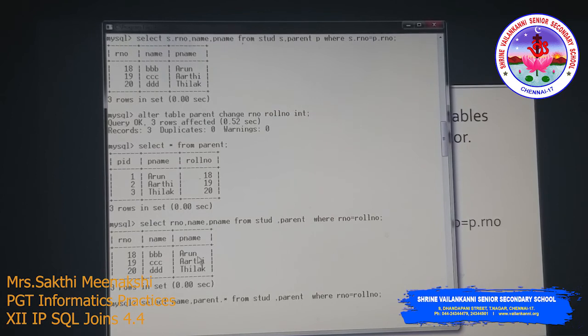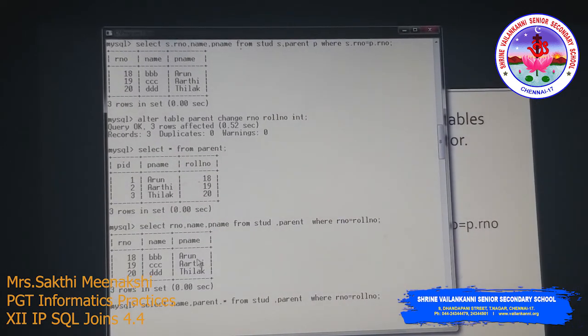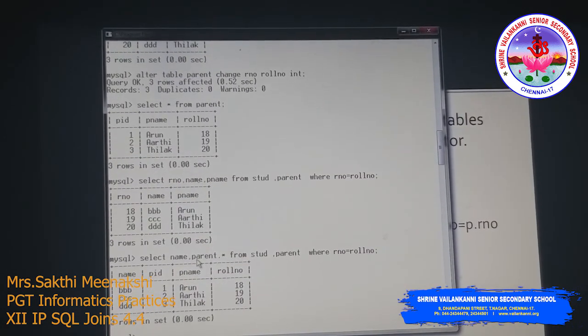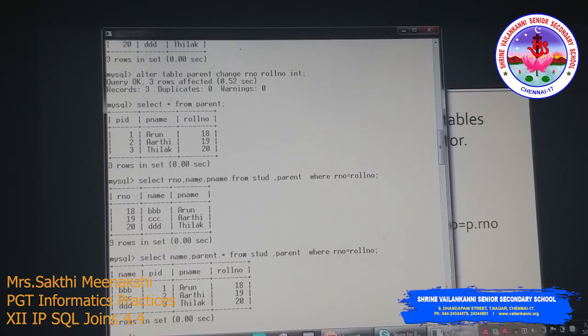Here you can mention the same thing, RNO equal to roll number. This will give you name from the student table, and from the parent table we are getting parent ID, P name and roll number. So in this way also you can use it. Asterisk alone means all columns from both tables; parent.asterisk means all the columns from the parent table.